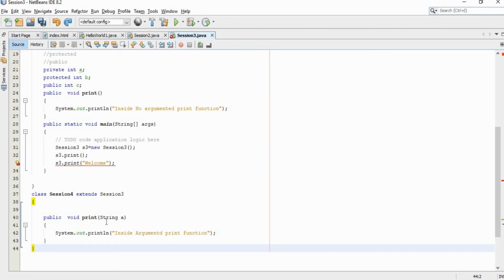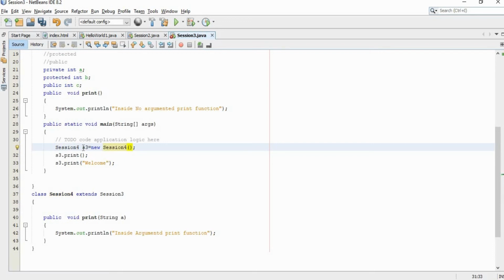One more thing about inheritance is that the derived class contains all the properties of the base class. So if you create an object for the derived class, using that object we can access the data members of the base class. I am going to create an object for the class session 4, which is our derived class.